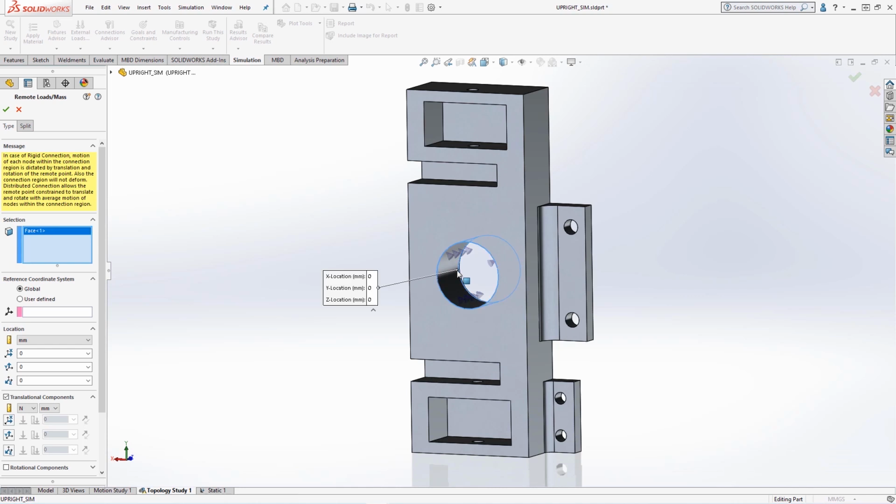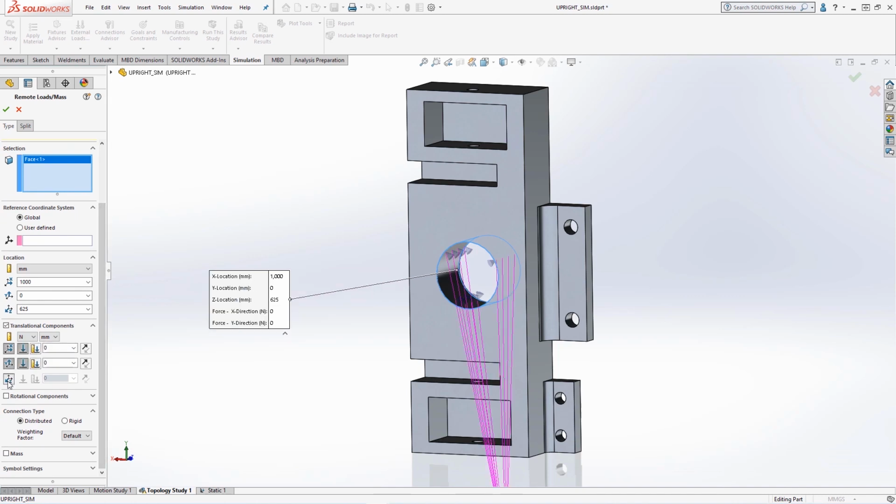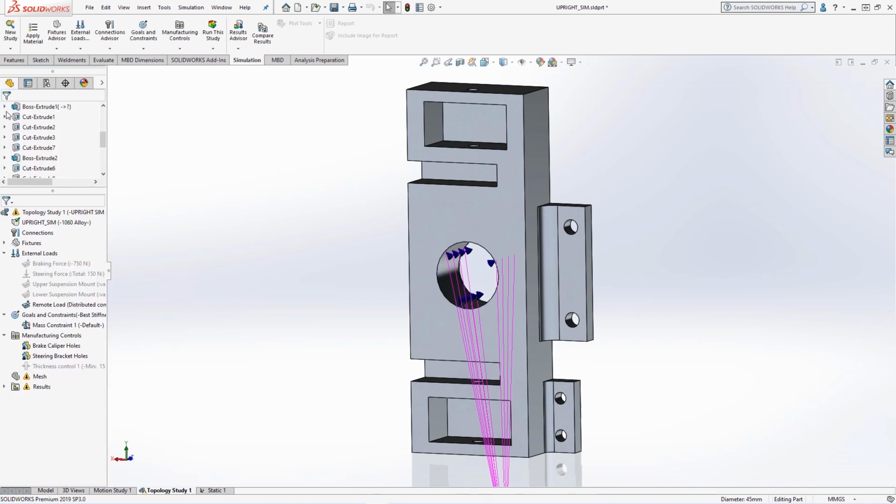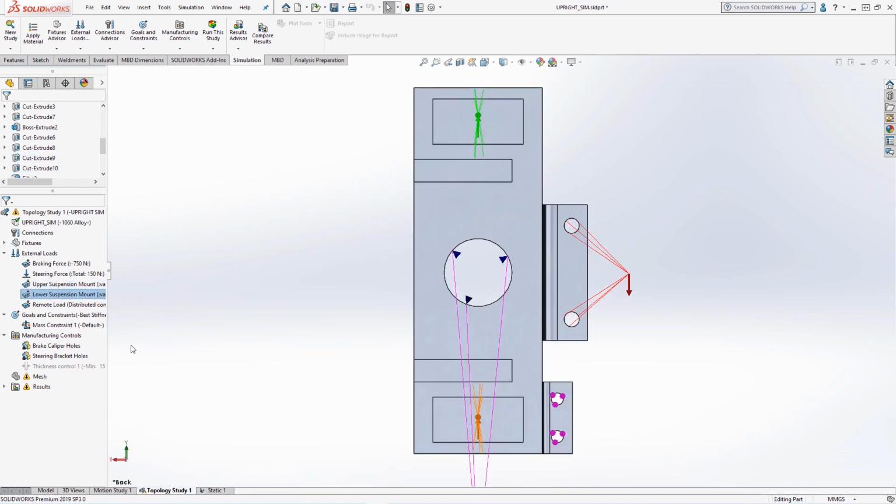We will add a remote force with a coordinate position referring to the centre of the tyre contact patch and ground, and apply 3 components of force simulating dynamic loading. Additional loads, such as the brake torque in the caliper, steering arm cornering force, and suspension wishbone mounting points are also included to apply a number of different forces on the upright component.